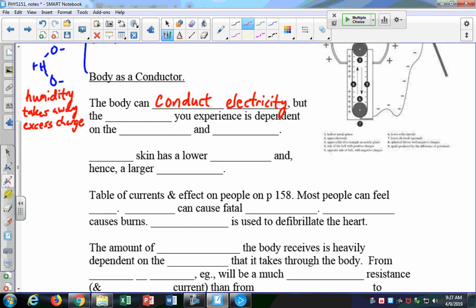But the current you experience is dependent on the voltage and the resistance. Right? I is equal to V over R. So that's Ohm's law. The current is dependent upon V and on R. And because wet skin has a lower resistance,